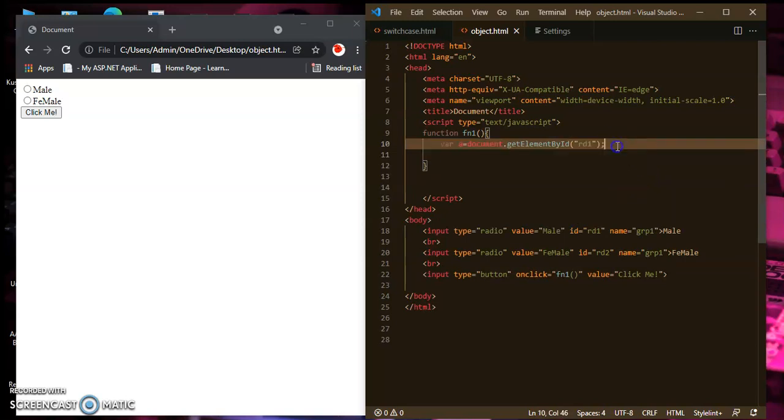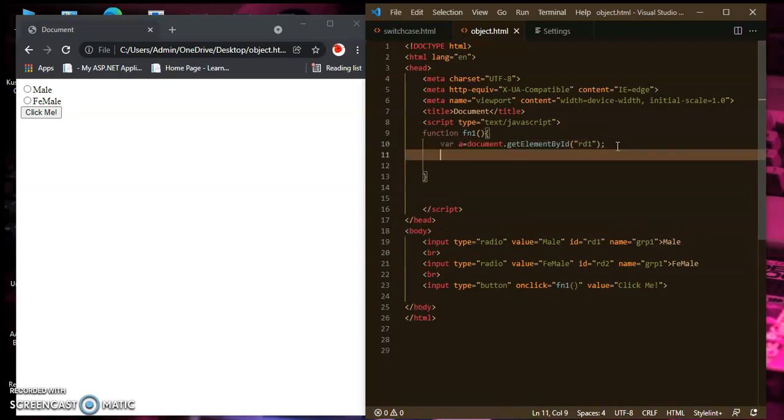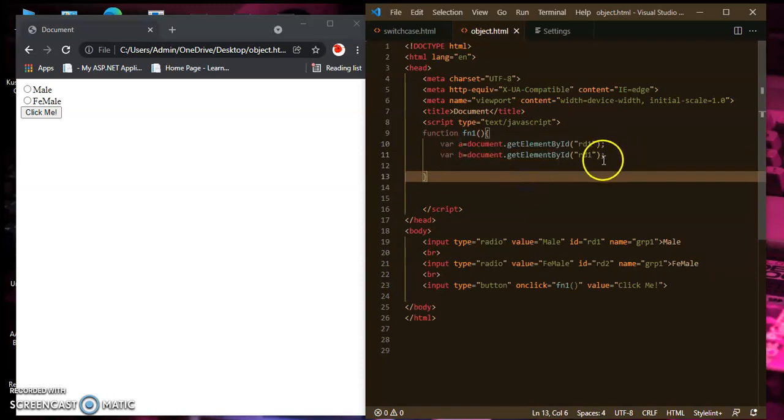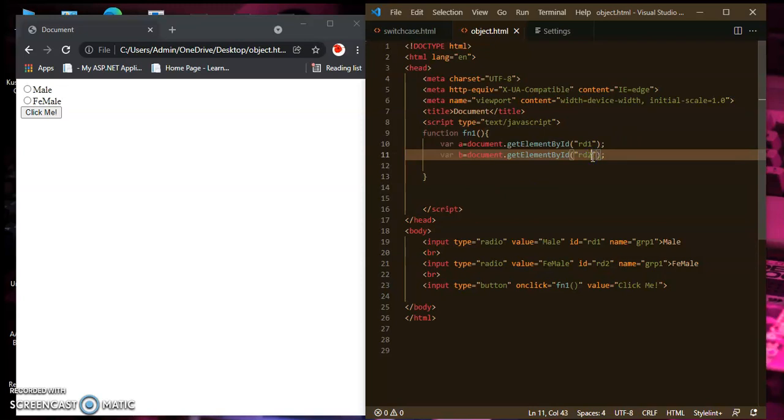Same like this, variable b for the second radio button. So variable b equal to document dot getElementById and here rd2.